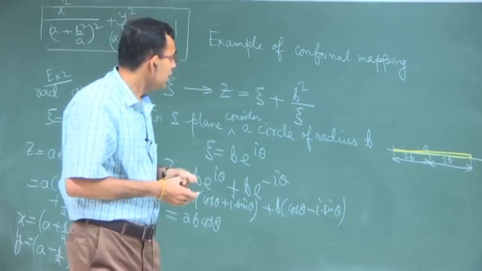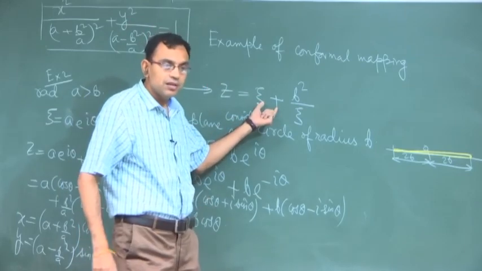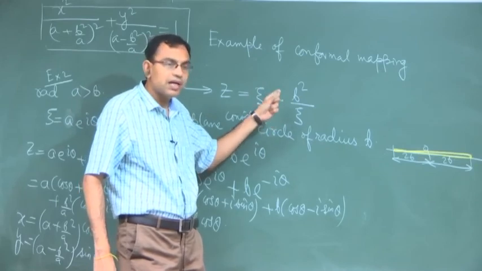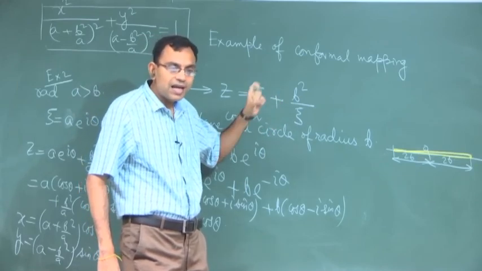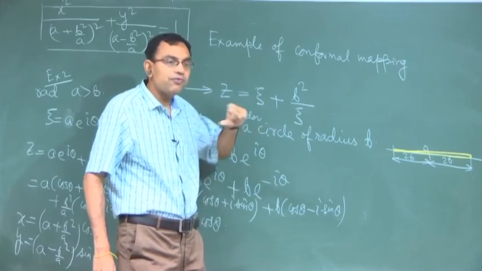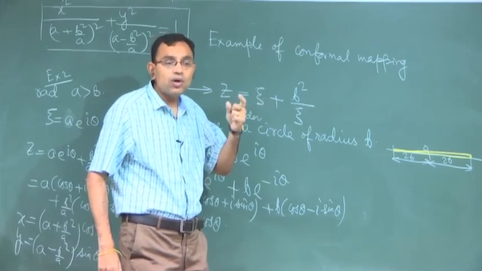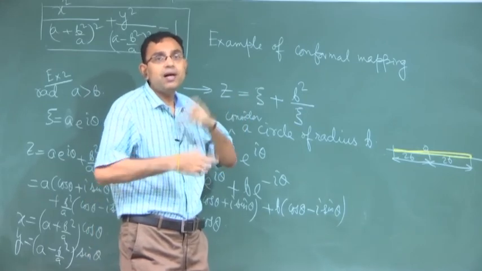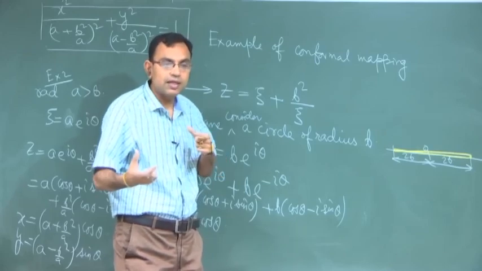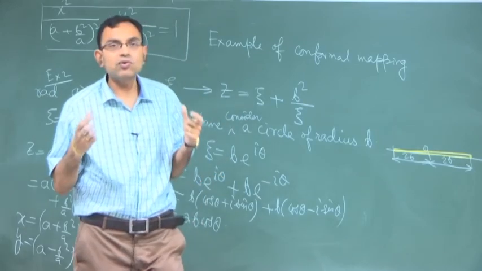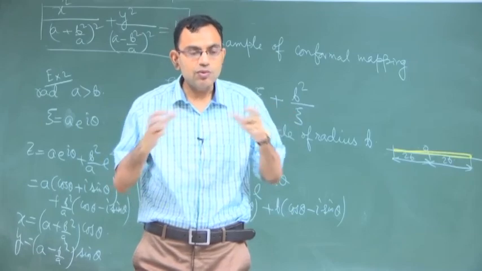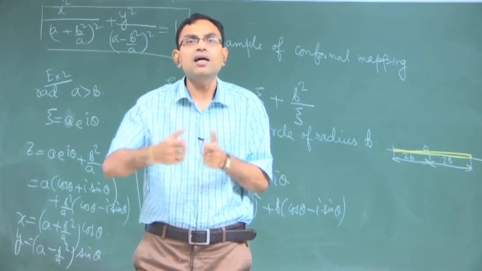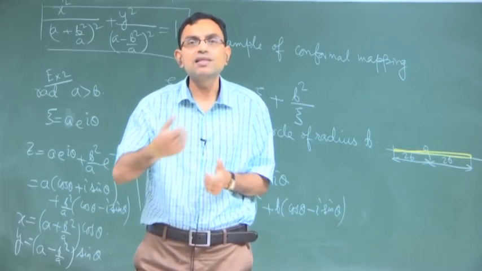This is such a beautiful transformation that by choosing different values of the radius of the circle you can actually transform the flow past a circular cylinder to a flow past an object which apparently is very different in shape compared to a circular cylinder. That is why flow past a circular cylinder is so fundamental: once you have a clear idea of flow past a circular cylinder you can apply a transformation and analyze problems of